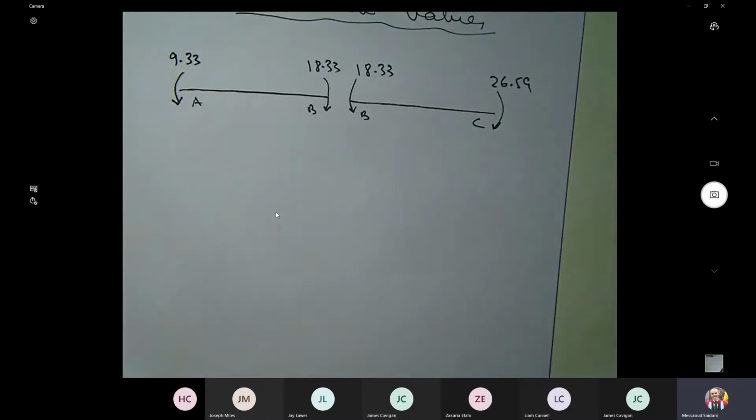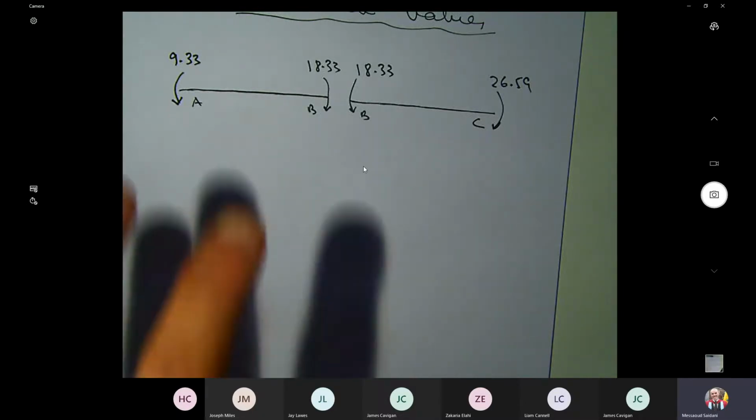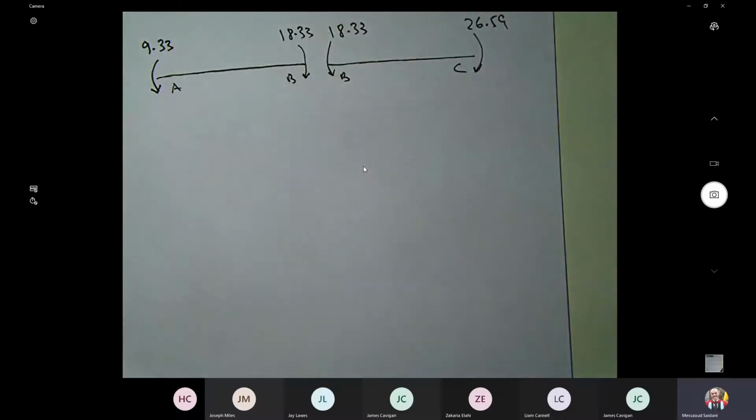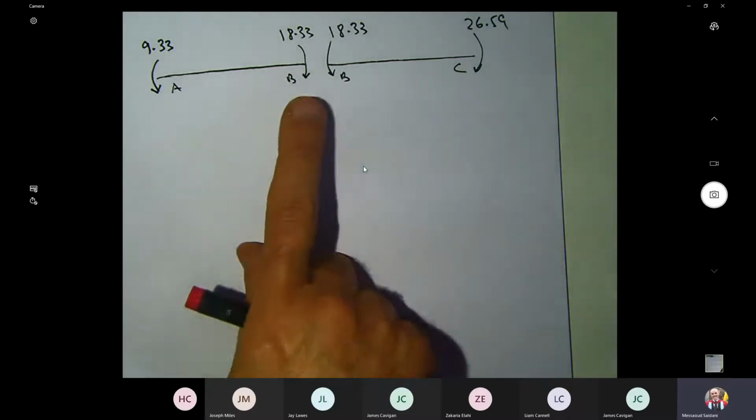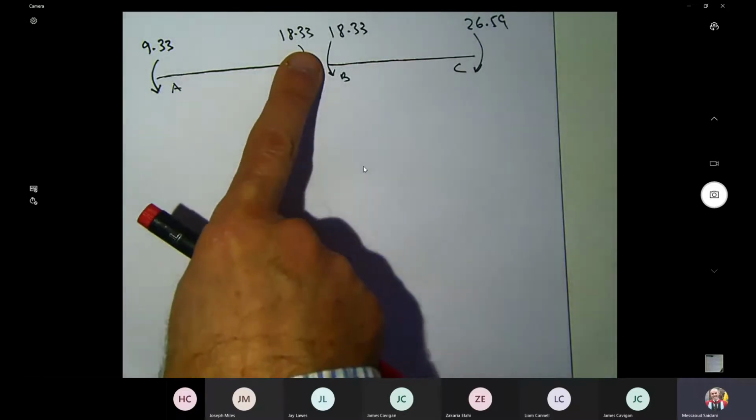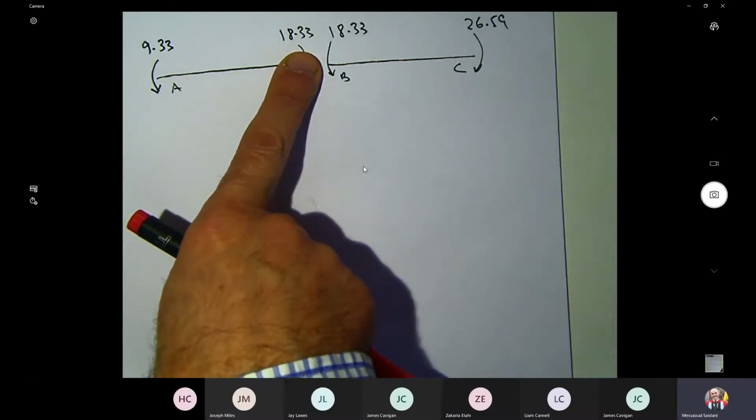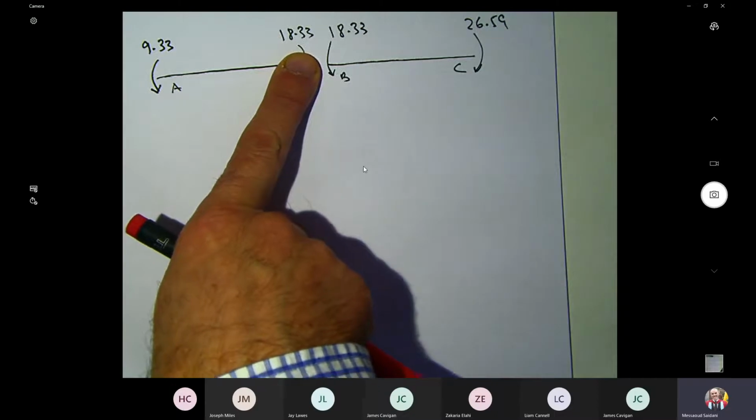I need your attention here. We use a convention when we draw the bending moment diagram, and you need to be consistent. I'm going to use the convention that most of the textbooks are using. Unless you use a French or American book, they have a strange convention where the moment is the other way from how we do it in the UK. So if you're using a textbook here in this country, the convention we use is this. We draw the bending moment value on the side of the member where there is